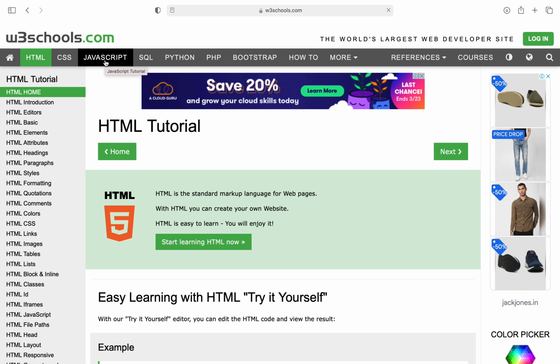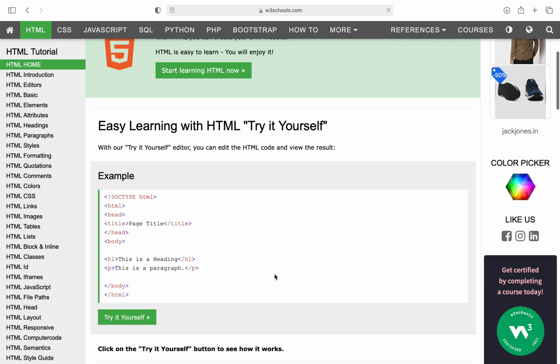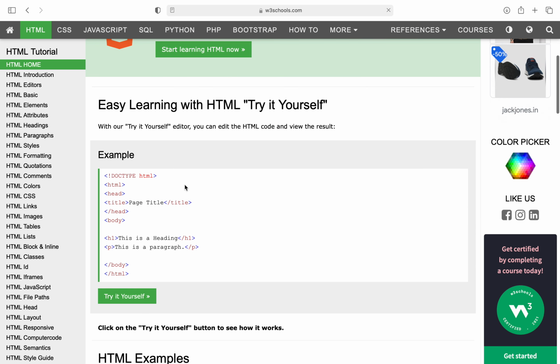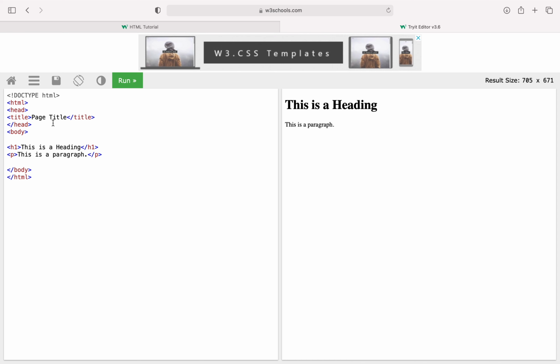It provides all the basic examples to beginners. Let's take one example. Here you see a Try it Yourself button. If you click this button, it will open the online editor. You can see the code on the left side and the corresponding output on the right side.